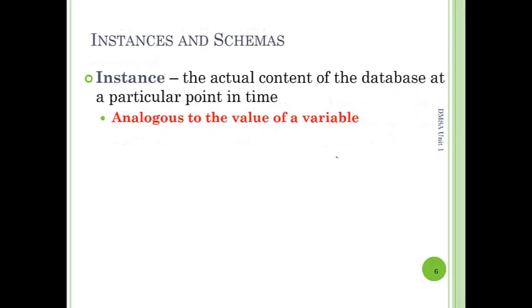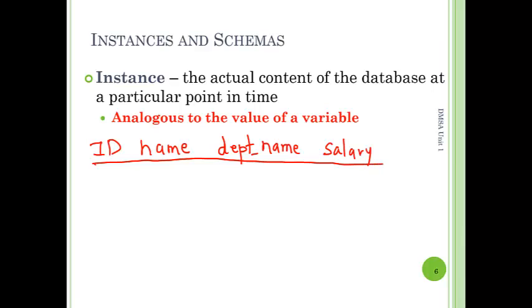Next we'll understand the instance. The instance is the actual content of the database at a particular point in time, that is analogous to the value of the variable. As we have seen with respect to a programming language, a is equal to 10, the actual value. Here, as we have taken the entity instructor, we have taken the parameters like ID, name, department name and salary. These are the parameters by which the